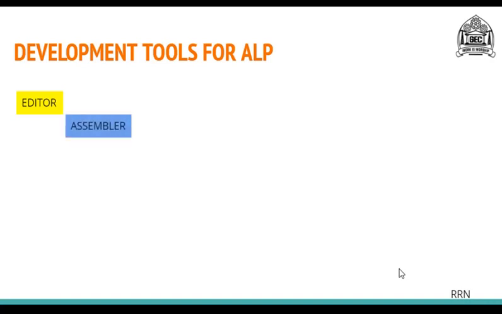The second development tool is an assembler. An assembler is a program which translates an assembly language program into a machine language program. Obviously, when it is finally interpreted by your system, it cannot be interpreted as mnemonics or assembly language, right? Every time, any code has to be decomposed in the form of raw bits so the machine can understand that program. So the assembler is a software functionality which will translate your assembly language statements into machine language, which is ones and zeros.